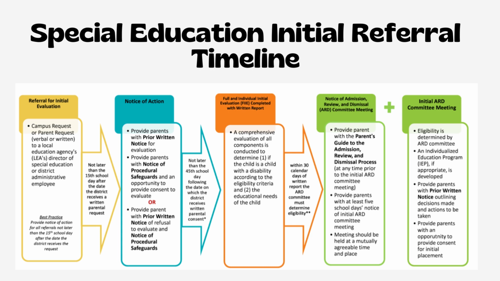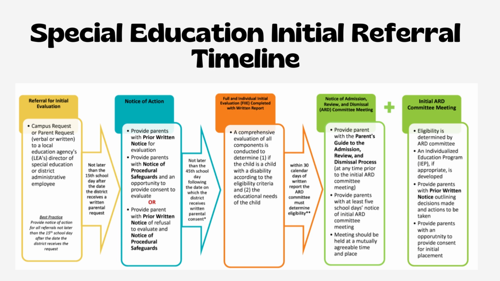Then it has to be the notice of action. We have to provide parents with prior written notice for evaluation, provide the parents with notice of procedural safeguards, and an opportunity to provide consent to evaluate, or provide parents with prior written notice of refusal to evaluate and notice of procedural safeguards. Then no later than the 45th school day following the date on which the district received written parental consent,